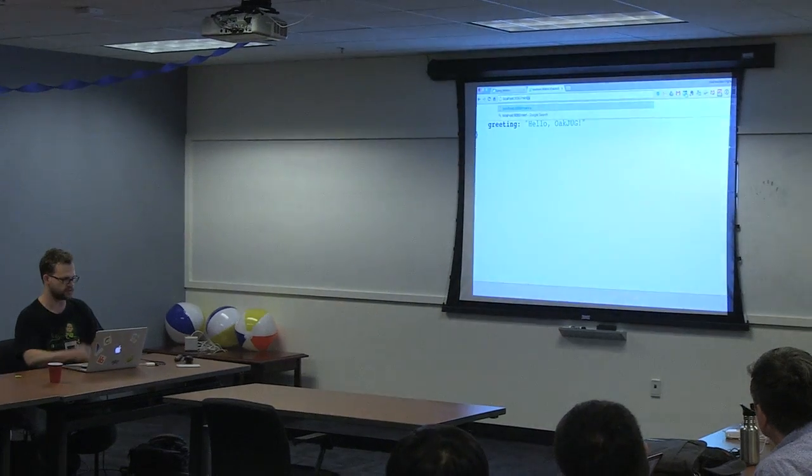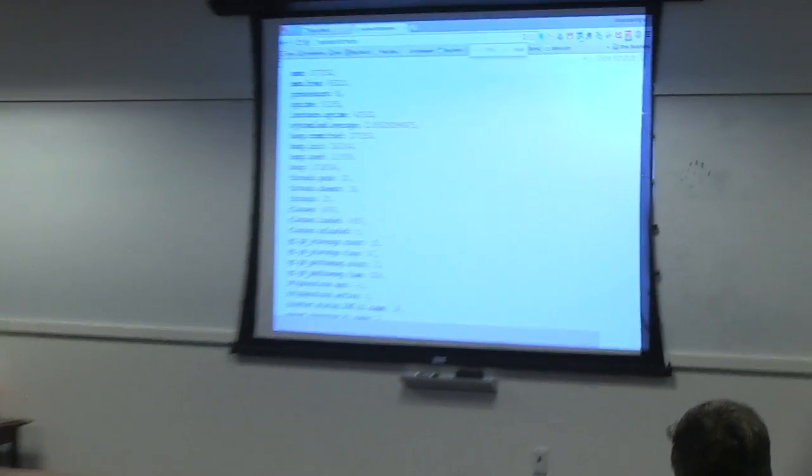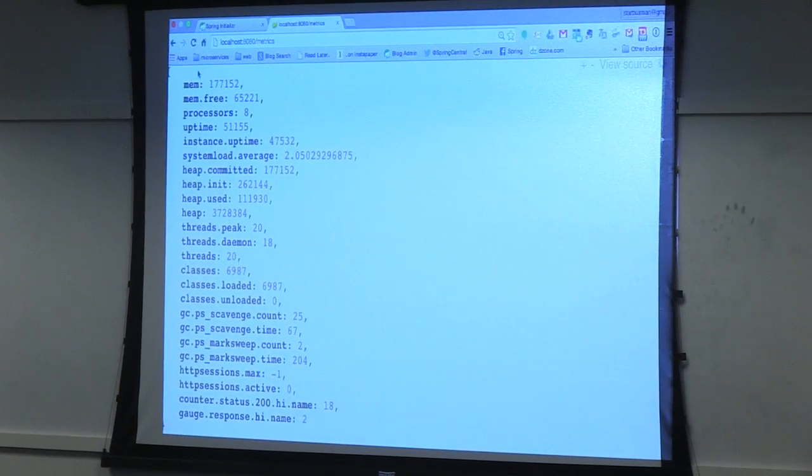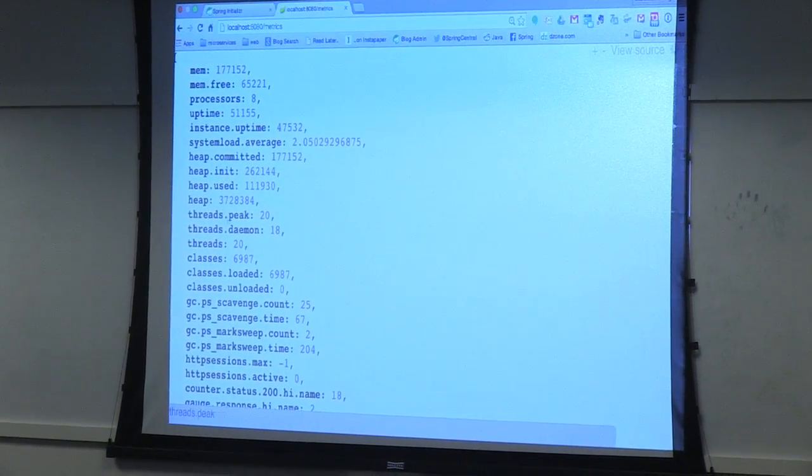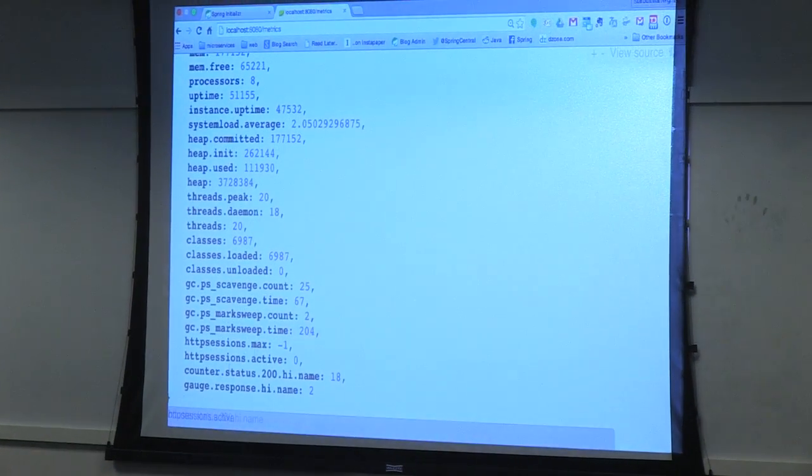So I'm going to go ahead and hit refresh as many times as my fast little fingers can go. And then I'm going to go to /metrics. And I'll see here, pretty printed in my little browser, an enumeration of the memory, the uptime, how many threads are running, the classes, the HTTP sessions in the Tomcat instance in this case, and how many requests, in this case 18, have been made to the endpoint /hi/path parameter name. Okay, so I've made 18 requests, and I got a status code of 200 on those.